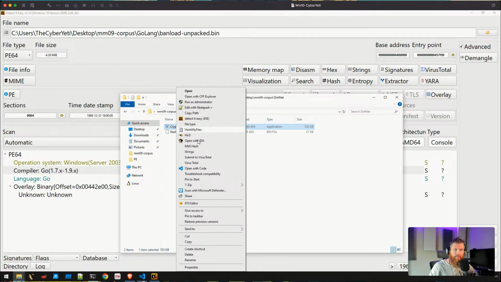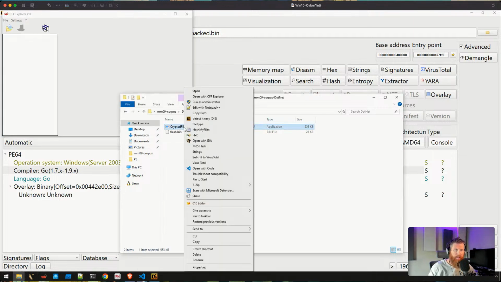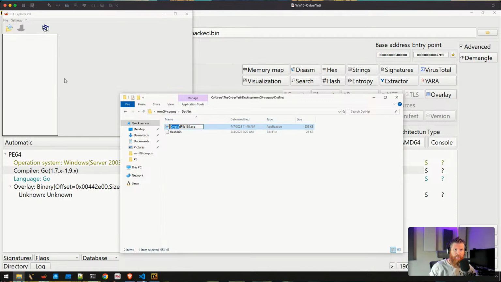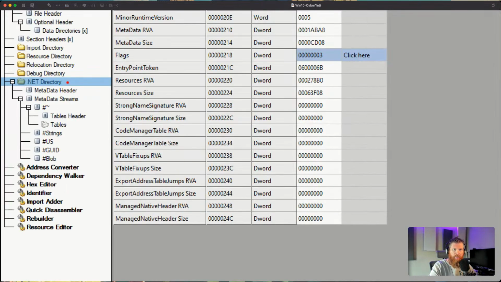is CFF Explorer. Where are you, CFF Explorer? No, it's not in my quick launch. I don't know why that's not there. Oh, because of the file extension. No, it should have been there. Well, anyways, it was in the launcher down below, so we'll open it up, and it's really good with parsing .NET stuff, right? How often do I find myself digging around in the internals here? Not too often, but when I do have a need to get into the internals of the .NET structures, CFF Explorer is really good for that.